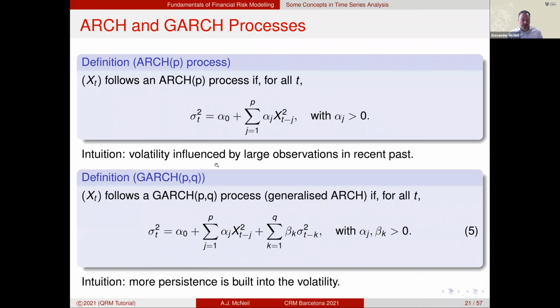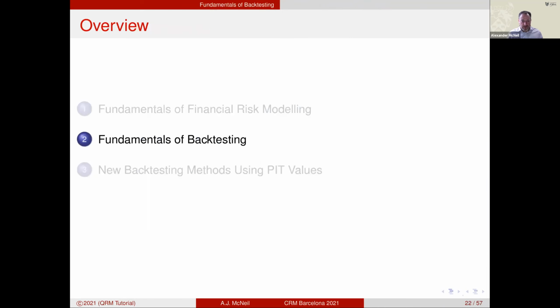However, ARCH is very seldom used because the generalization, GARCH, incorporates some additional terms and tends to work much better. So sigma t squared, the squared volatility, is now a function of previous squared values, but also a function of previous squared volatilities. And by doing this, we can model longer memory in volatility, more persistence, as they call it in the econometric papers. Okay, so that's just in case you've never seen them.